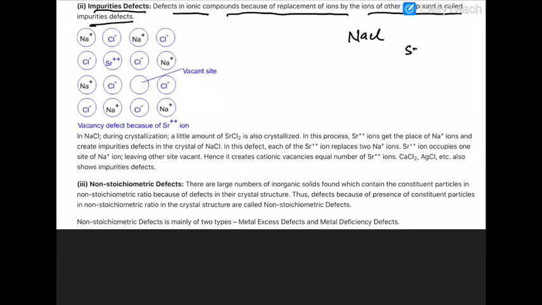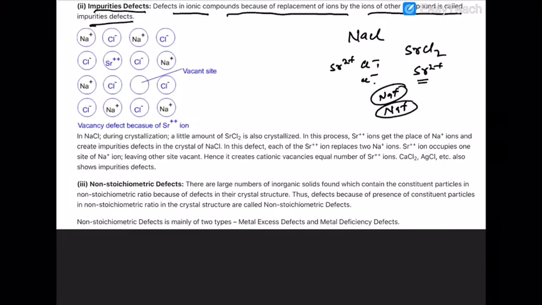If you added strontium chloride, then what can you say? Strontium has a valency of +2. So one strontium cation can electrically neutralize two chloride anions. In comparison to that, two cations are required for sodium. Remember what I am saying: there is one Na, there is one Na, and comparatively there is one Cl, one Cl.